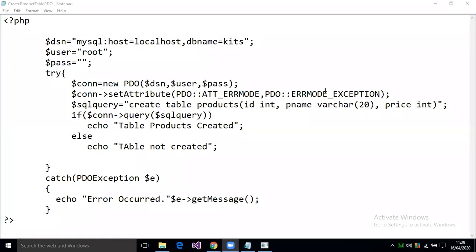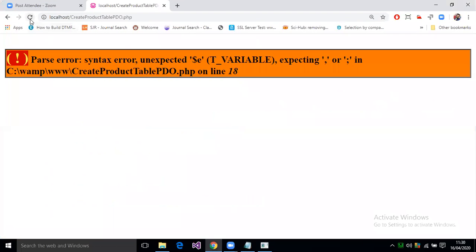What is the error? Right, concatenation is missing, because I have given a dot here, so the dot should be here actually. Okay, that's fine. Someone found it out. I appreciate it. But that is not the reason we are not getting the result. So rerun.